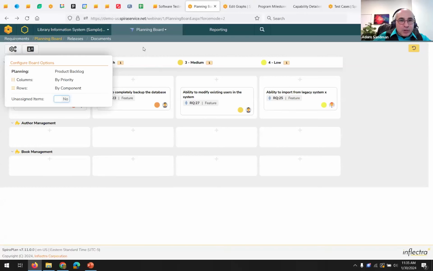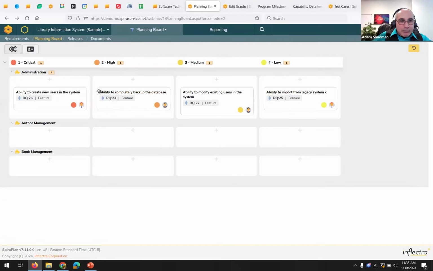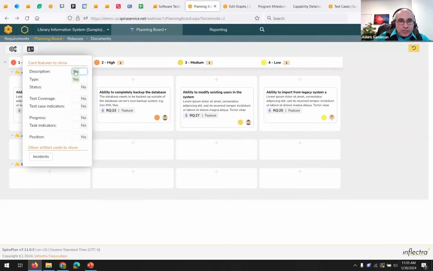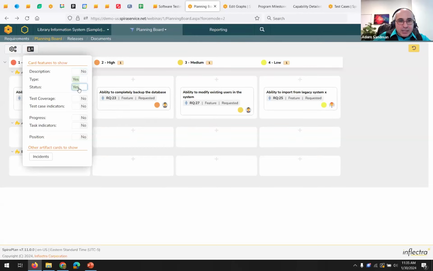And of course, the other thing is, what about the cards themselves? Well, I'm only seeing the name and the type. What about the status? What about other information? So the second option here, this card icon, lets you change what's displayed. So if I want to see the full description, not just the short text, the title, I can do that. If I want to see the status, I can show that. Test coverage, task progress,